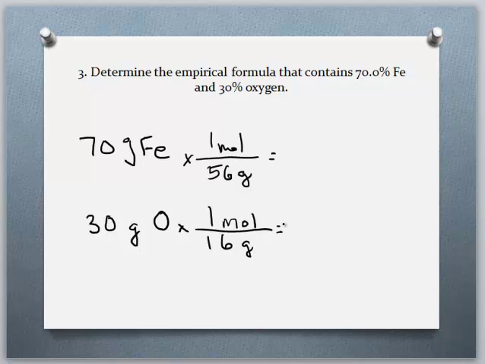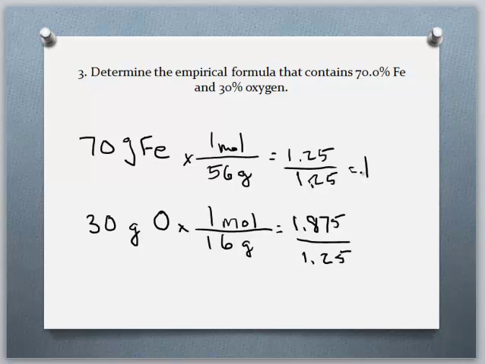Let's do the math. 70 divided by 56 gives us 1.25. And 30 divided by 16 gives us 1.875. I'm going to divide them both by the smaller of the two, 1.25, divided by 1.25. I'll get 1, and 1.875 divided by 1.25 is going to give me 1.5. So again, I'm going to multiply by the smallest factor, each of them, to get